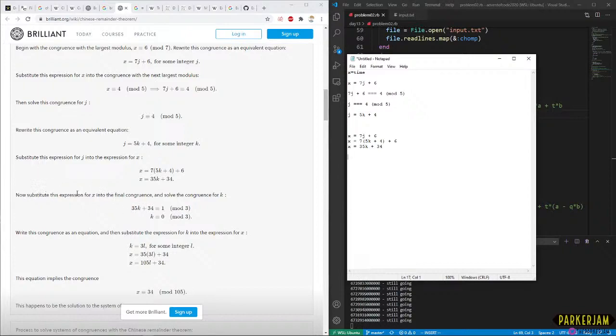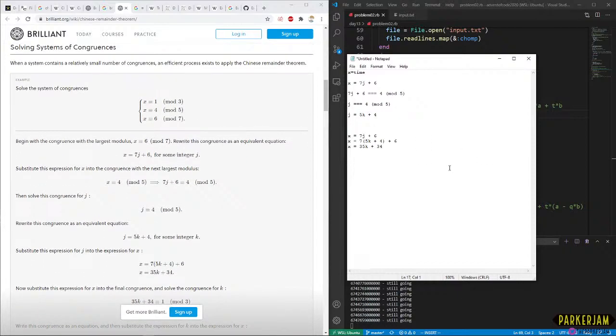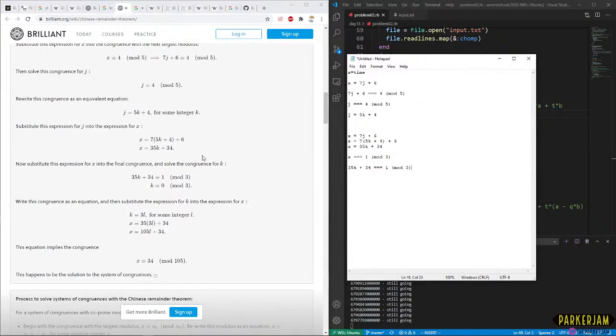I substitute this expression of x into the final congruence. So our final congruence was x is 1 mod 3. So 35k plus 34 is 1 mod 3. Yep.